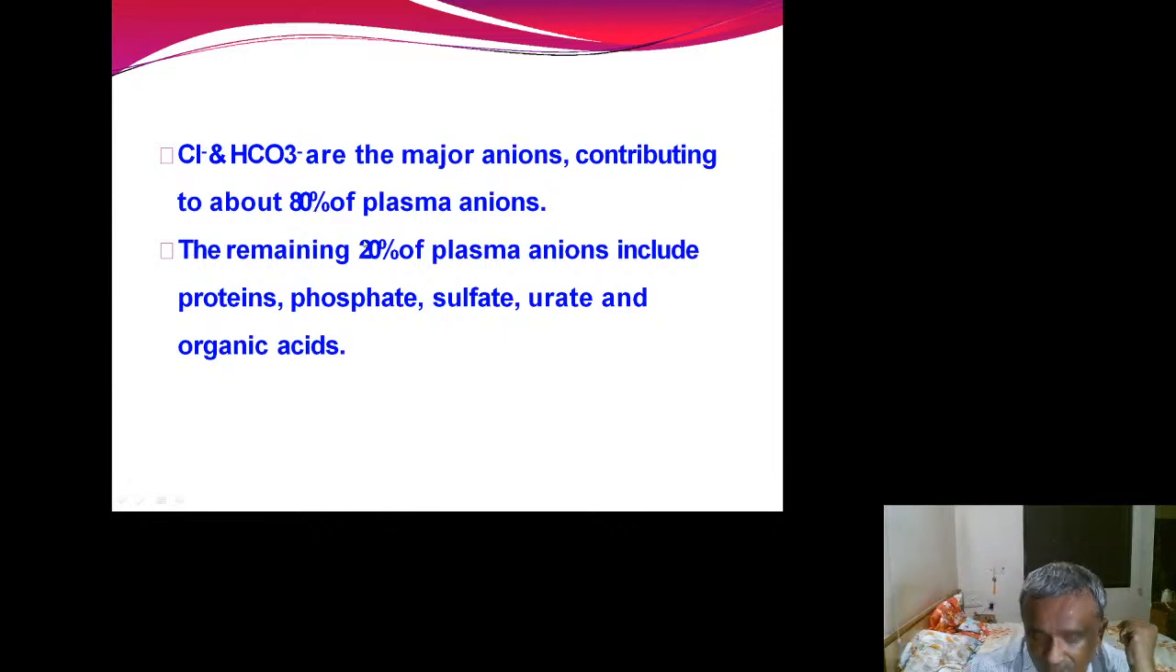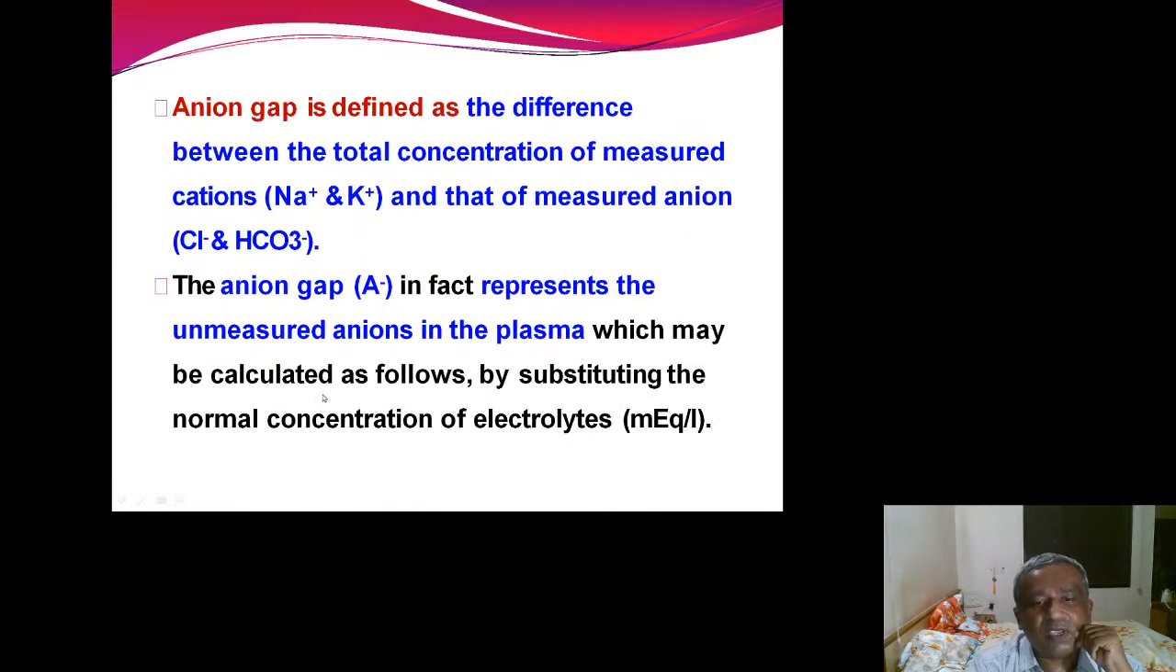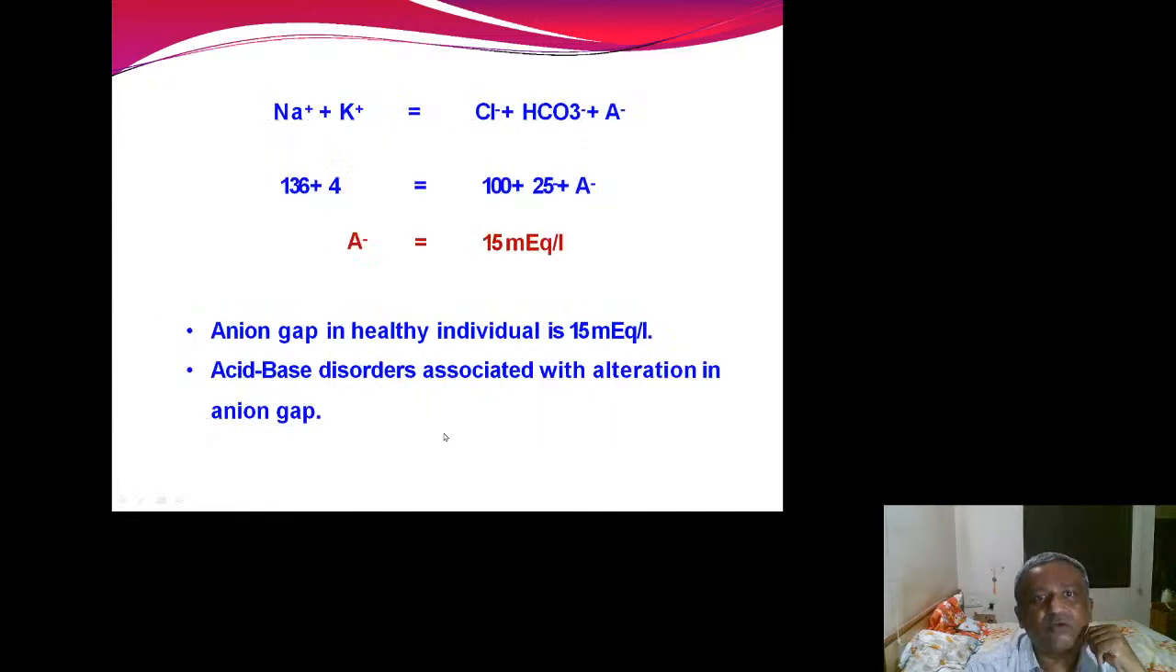Whatever we are not measuring is the anion gap, which may be calculated as follows by substituting the normal concentrations of the electrolytes. Sodium plus potassium is 136 plus 4. Chloride plus bicarb is 100 plus 25, plus this anion gap. So the normal anion gap is 15, that is 140 minus 125. Normal anion gap is 15. So in a few conditions, in a few metabolic acidoses, this is very high, and that we call a high anion gap